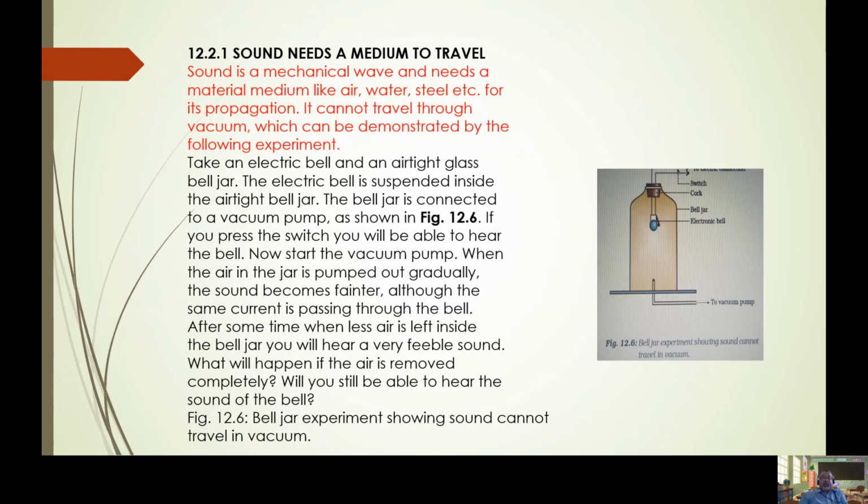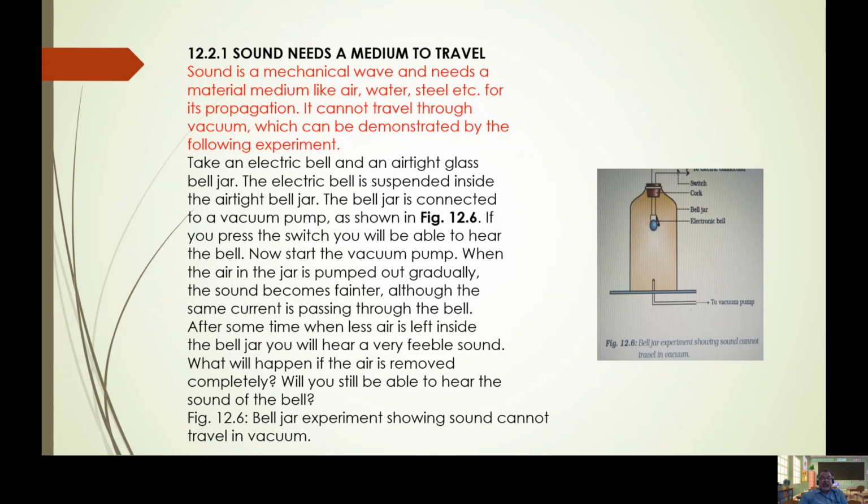Take an electric bell and an airtight glass bell jar. The electric bell is suspended inside the airtight bell jar. The bell jar is connected to a vacuum pump as shown in figure 12.6. If you press the switch, you will be able to hear the bell. Now start the